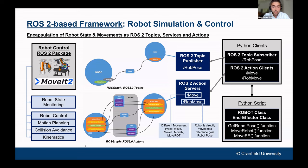And then apart from that, we have the rob move, which directly moves the robot to a specific end effector pose. And this ROS2 action server is especially useful combined with the rob pose topic, because if you know the exact pose of the end effector, thanks to that ROS2 topic, you can then accommodate that and play with that in order to define the next end effector pose. And thanks